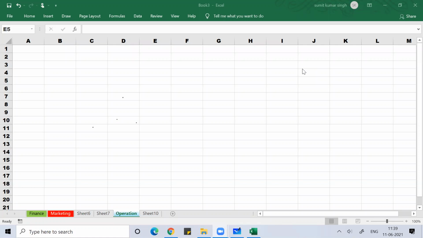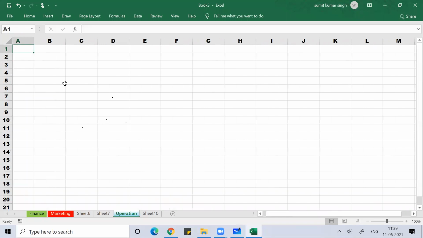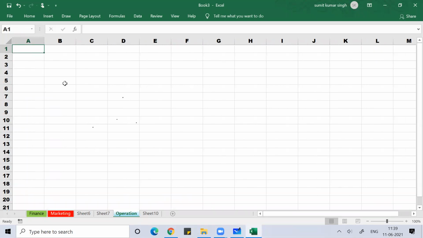Okay, everyone. So coming back to the class, I mentioned to you that in MS Excel we have 10 lakh 48,576 rows. When we talk about columns, we have the last column called XFD. So you have understood this. Talking about the number of columns, you have a total of 16,384. In order to do a counting of the number of columns, I'll teach you how to do that.